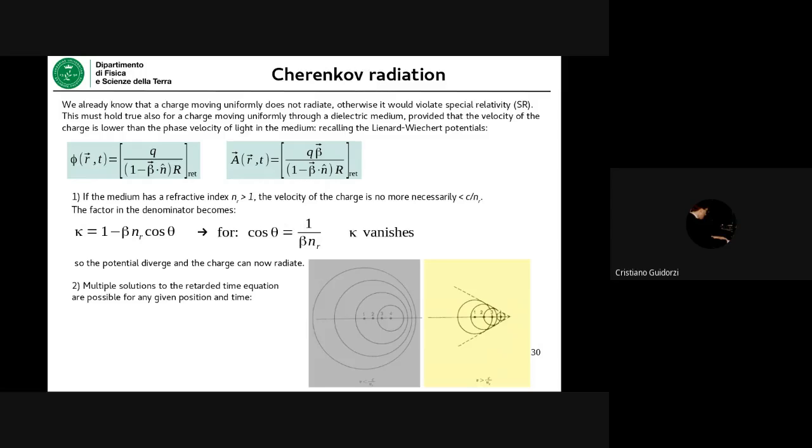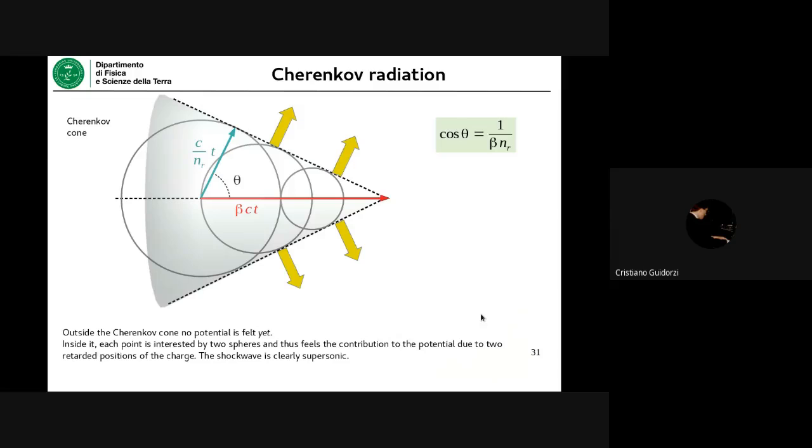And this is exactly what does not happen here in the case when the particle is moving with a speed lower than the corresponding speed of light. Here you see all the wave fronts which do not overlap. Something which instead is no more the case when the particle speed v is greater, so when 1 over beta n_r is smaller than 1. In that case, of course, the particle is moving fast enough that the different wave fronts emitted at different times do cross. So they sum up in some points. So the result is that for a special direction, theta, whose cosine is 1 over beta n_r, which is this angle here, and I'll show you why,